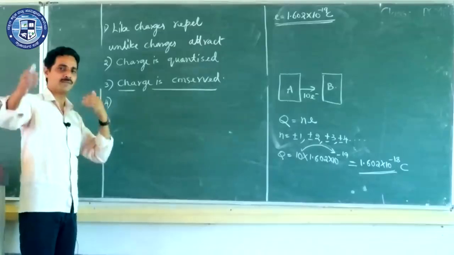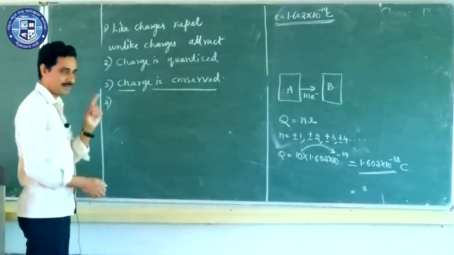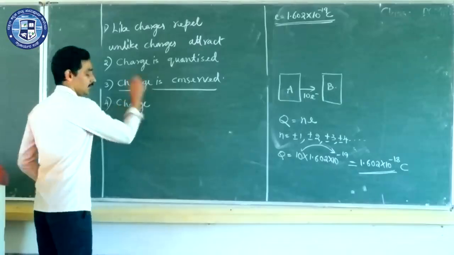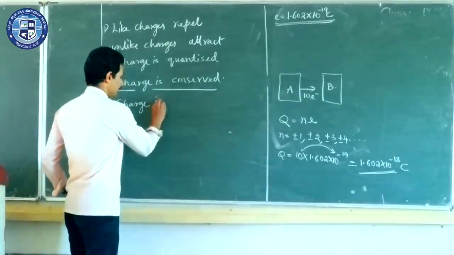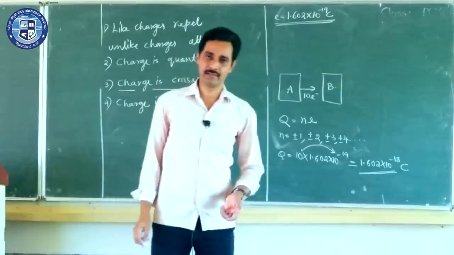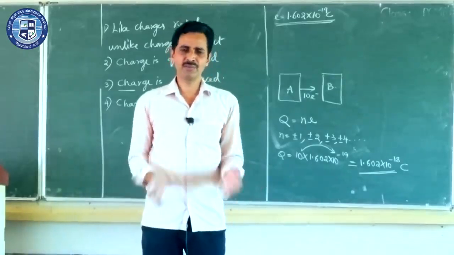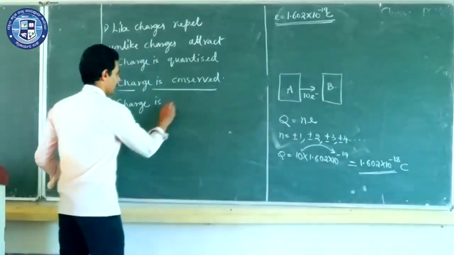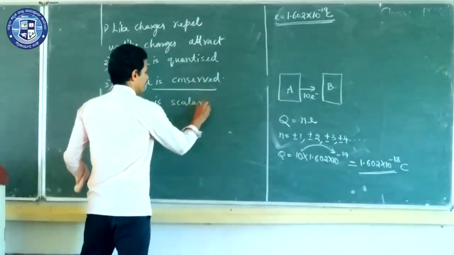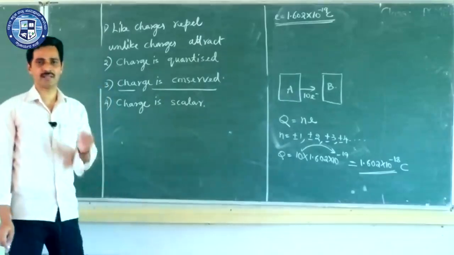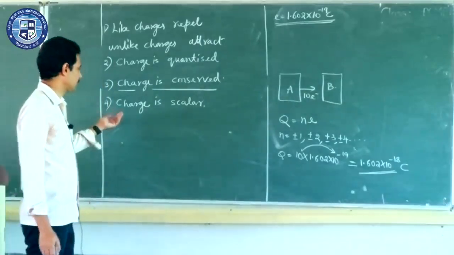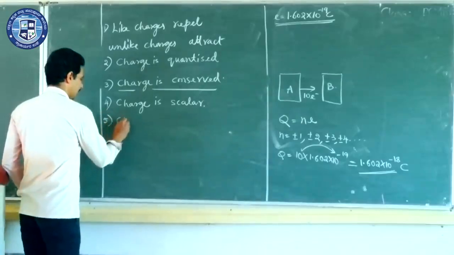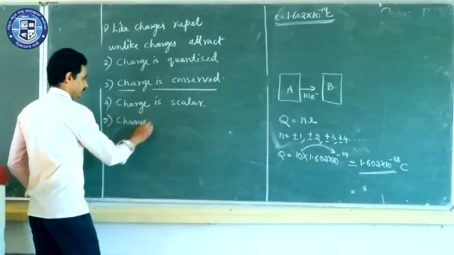Now as the flow comes, I will go on writing it. Another important, very easy property. Now try to think, can charge be a scalar or a vector? Charge has no direction. It has only magnitude, like mass. And so charge is a scalar quantity. It has no direction. Charges are scalar quantities. That is also one of the properties. And the fifth one I'll write: charge is additive in nature.